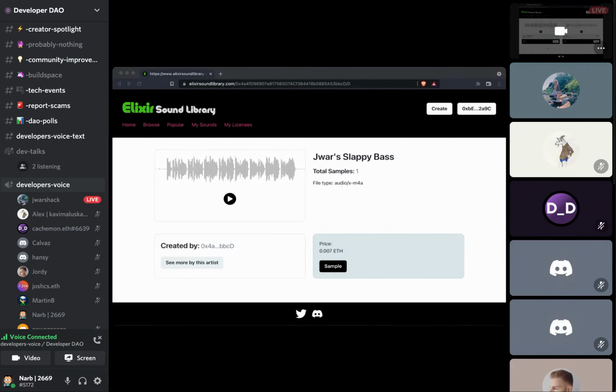Hey, why IPFS or Arweave? Why IPFS versus Arweave? Yep. Why did you go with... So I settled on IPFS because I had more experience with it, and I was talking to Narb once I saw what he was doing with Glossetta, and I was asking him a little bit about Arweave, and I was under the assumption from what he said that you have to have AR tokens or Arweave tokens that you have to pay each time that you want to store something.